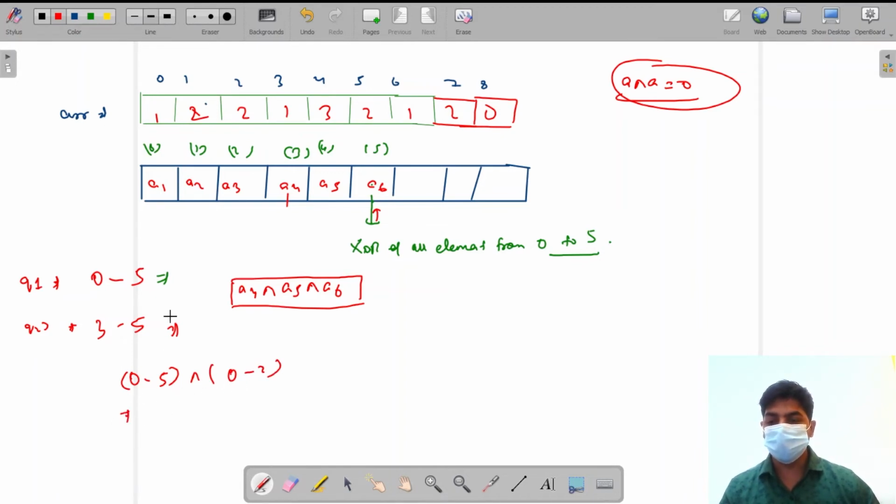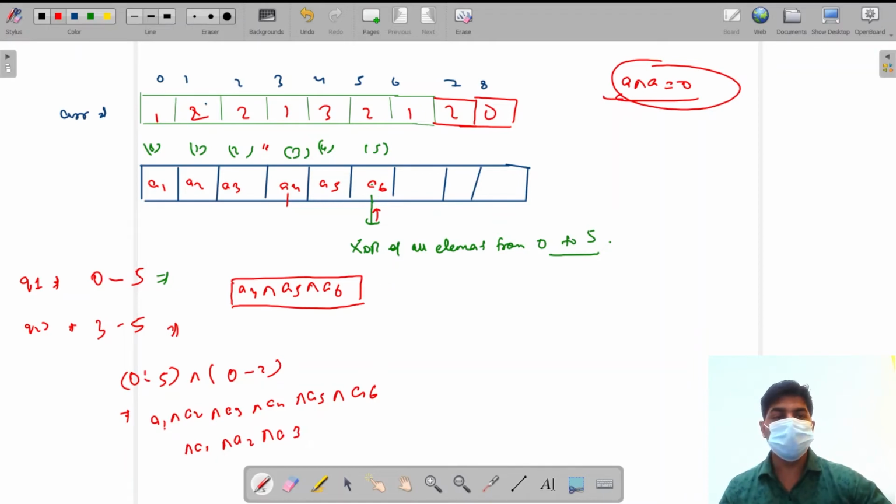Let's see how. The answer for 0 to 5 is stored at index 5, and it is a1 XOR a2 XOR a3 XOR a4 XOR a5 XOR a6. XOR 0 to 2, which is stored at this location, is equal to the XOR of all the elements from 0 to 2, that is a1 XOR a2 XOR a3.